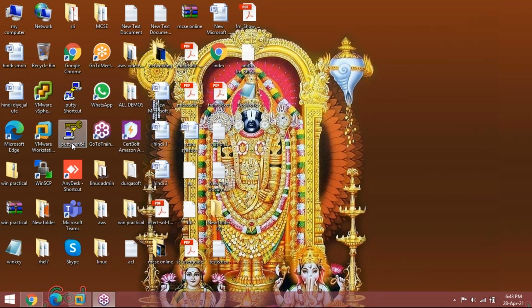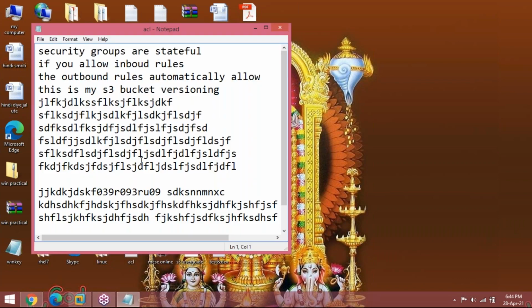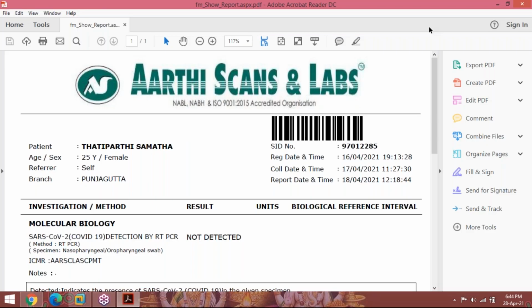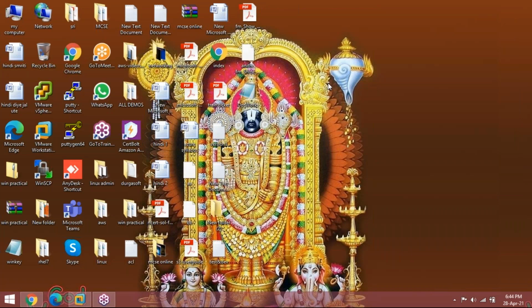How to use them depends upon your requirement. I can have a text file: open the text file, read the data. You have a Word document, PDF format: open the file, you can read the PDF format. Like that, in Linux also, we can have different types of files. Depending upon requirement, we can use those files.